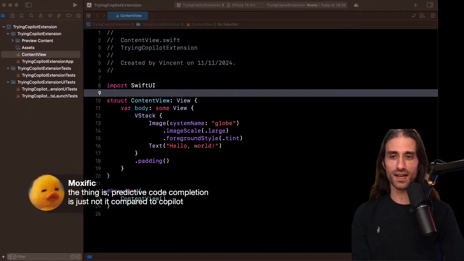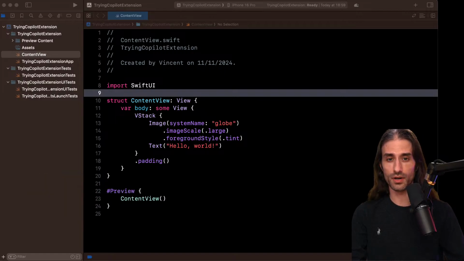Yeah, I agree that predictive code completion is just not there compared to Copilot. It just has the advantage of running privately on your machine, which I've been told in some companies, Copilot is a no-no because you need to send your code to a backend. Even though I'm sure that by now, they must be doing some B2B deals where they can guarantee some level of confidentiality. I mean, their product is mature enough that I wouldn't be surprised if they were to do that.